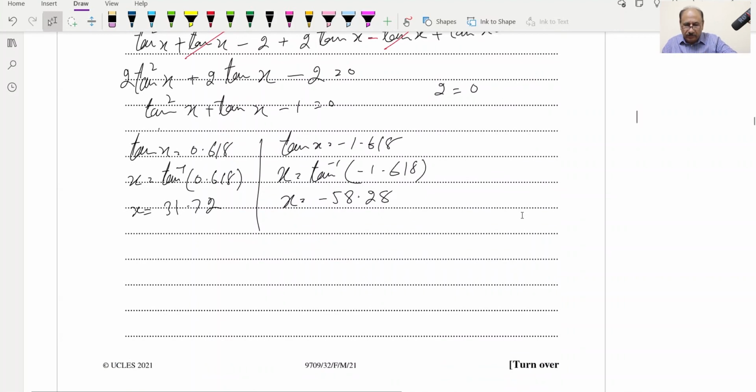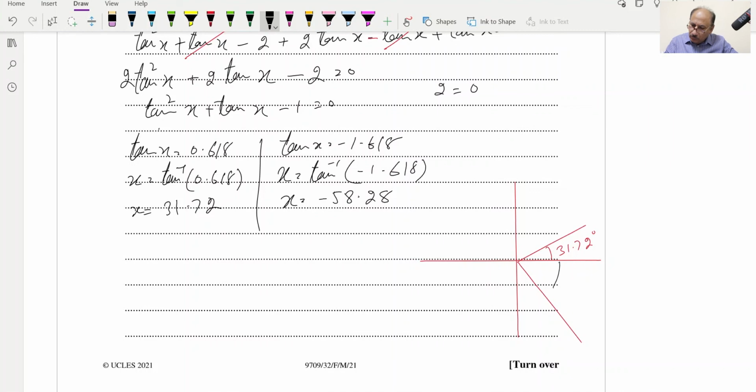For angle we can draw the coordinate axis or the quadrant, so this one, and 31.72 we can draw like this one, so this angle will be 31.72, and minus 85 is here, minus 85 will be this one, and minus not 85, minus 58. So we can write over here minus 58. So this one will be minus 58.28,